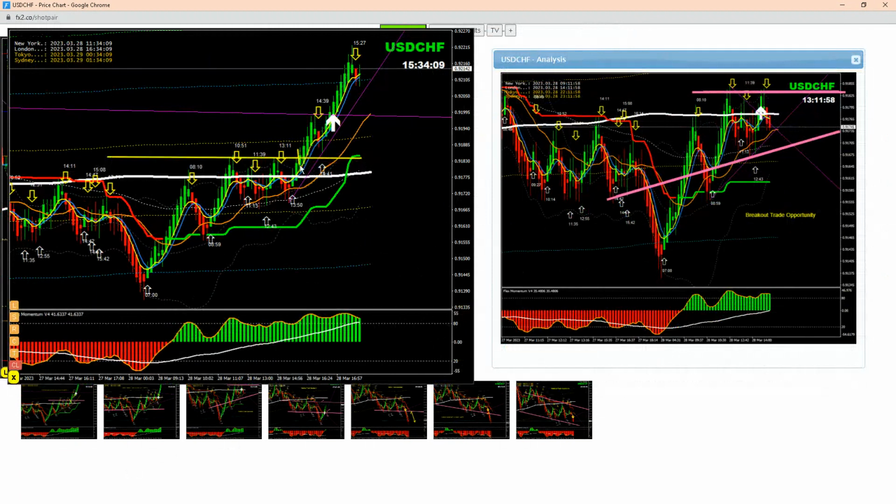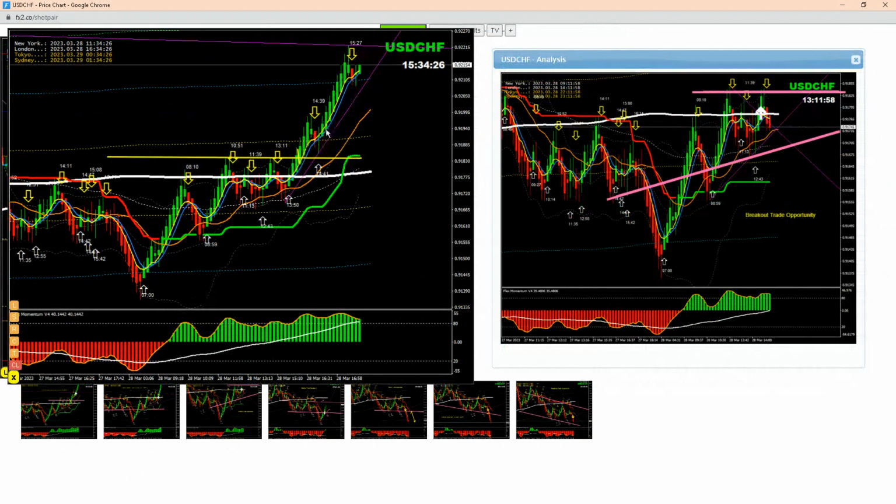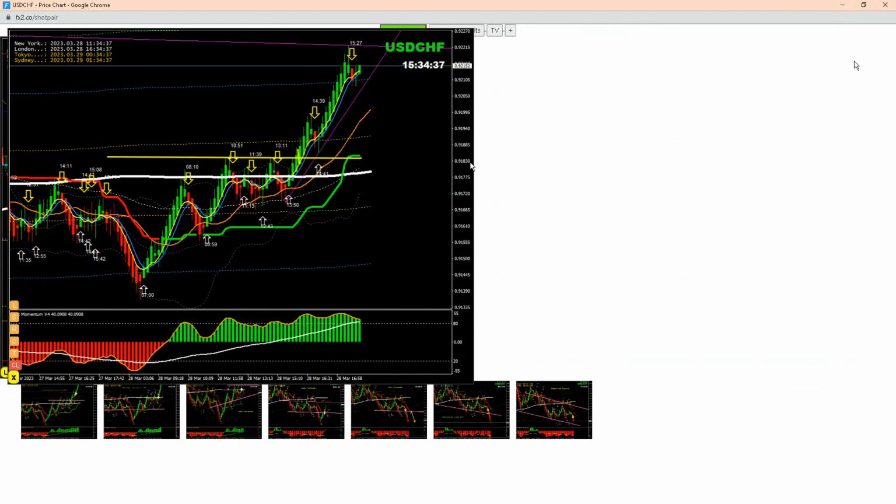even after the breakout, price nicely retested, gave us the confirmation. Beautiful long trade here. As soon as the price hit the first target, I explained to my traders it's time to enjoy some profit, or at least move your stop loss to break even, as you can see here on